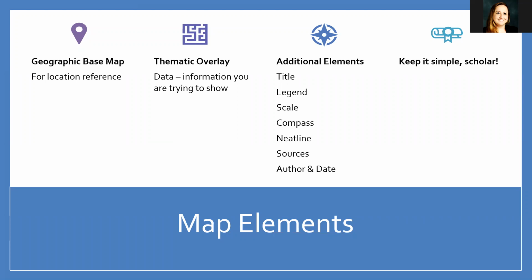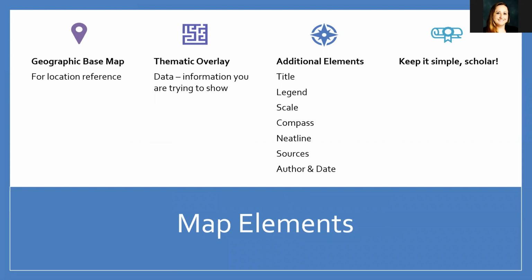The same is true for the primary information that you are trying to display. I'm sure many of you have heard of the KISS rule. I first heard it as keep it simple stupid. My advisor said that it should really be keep it simple smarty, but then I read it as keep it simple scholar, and I think that fits best. It's important to keep everything as simple and as clear as possible to avoid any confusion or visually overwhelming the map reader.